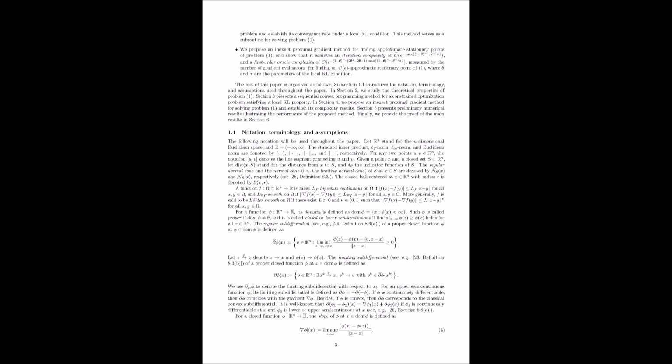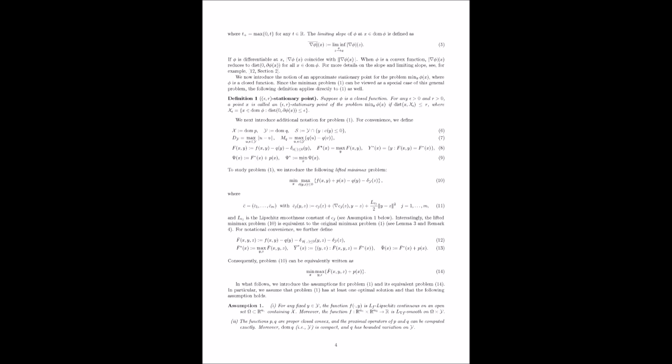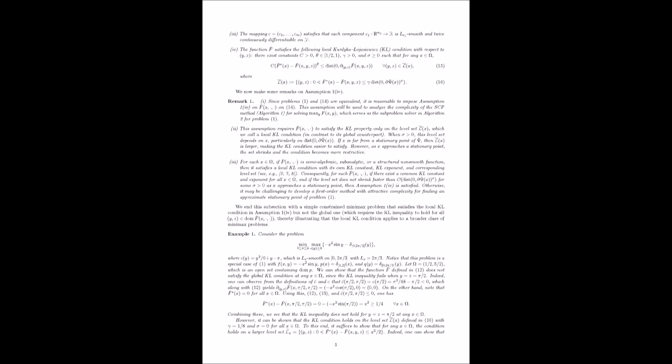Let's see how Algorithm 2, the inexact proximal gradient, IPG, method, uses it to solve the overall outer minimization, F(x) plus P(x). We established it's potentially non-smooth because P(x) is only Holder smooth, Theorem 1. And evaluating the gradient of the outer function exactly requires solving the inner problem exactly, which is too costly, hence IPG. Exactly. IPG is designed to work with inexact information about the function and its gradient. The key idea is to use an approximation based on the output of the SCP subroutine.